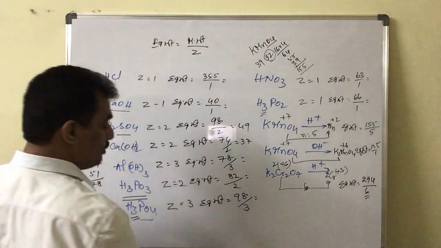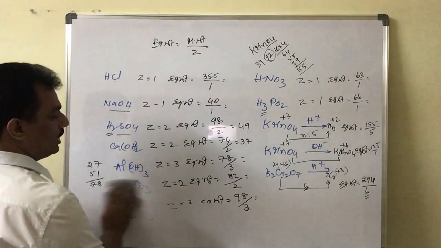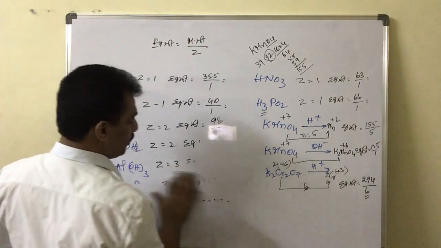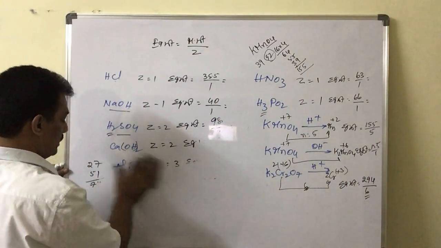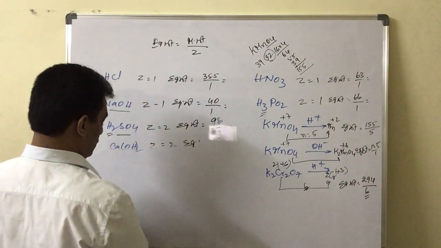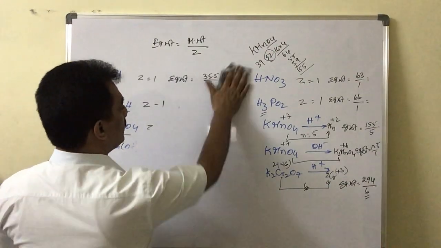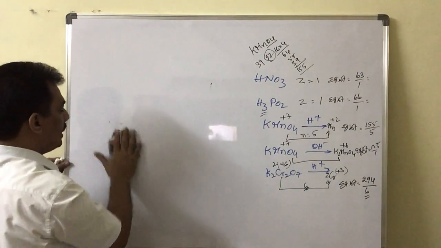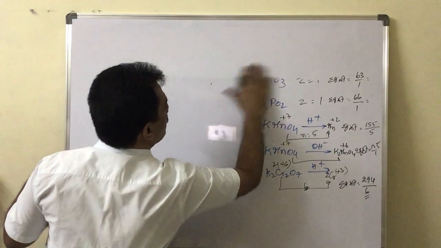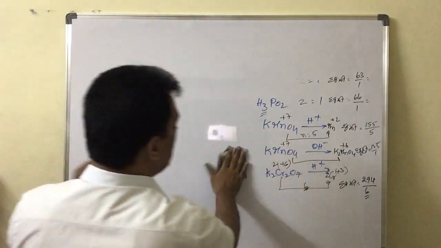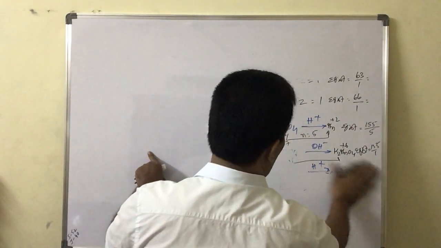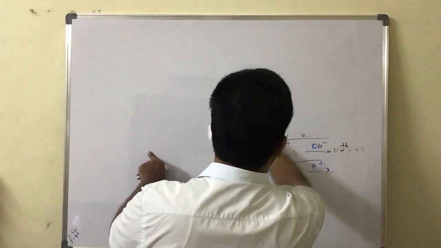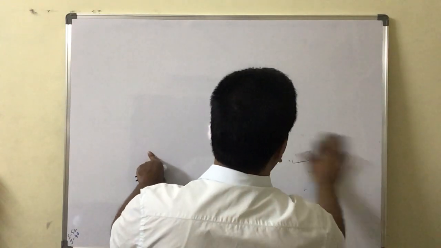Now coming to N factor. In all the remaining cases, what we are providing is an imaginary Z factor. That is, how many hydrogens are replaceable or how many OH groups are replaceable is imagined or assumed only from the given molecule. But practically what is happening, we don't know. And when we consider what practically happened, then it is nothing but N factor.